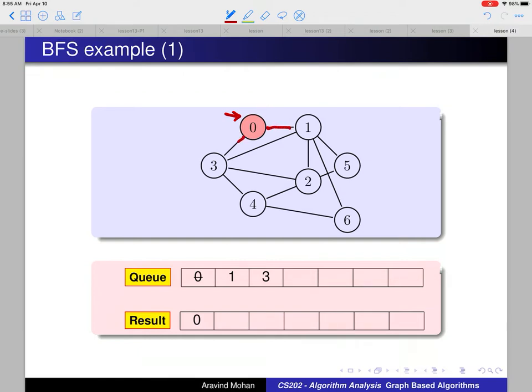And then at that point, we are going to look at all its neighbors, which are 1 and 3, and we are going to enqueue them into this queue, meaning we are adding them to the queue, and we had dequeued 0. Every time we dequeue an element that has been visited, we add that to the result array. So now you could clearly see that 0 is added to the result array, and 1 and 3 are enqueued to that queue. The next step is to dequeue the element in the queue, which is 1,